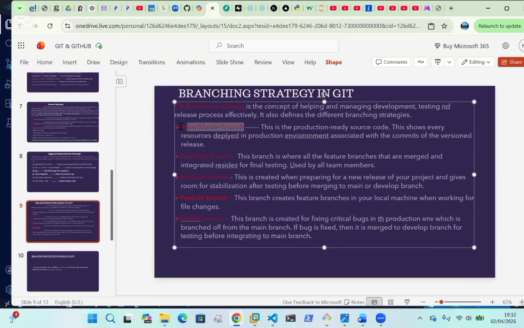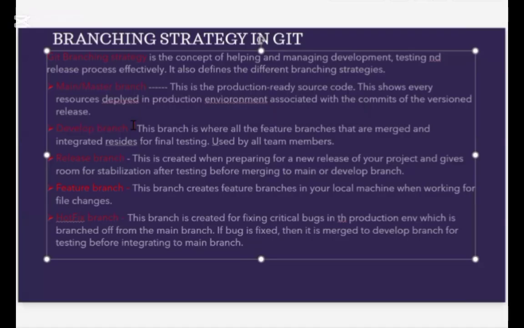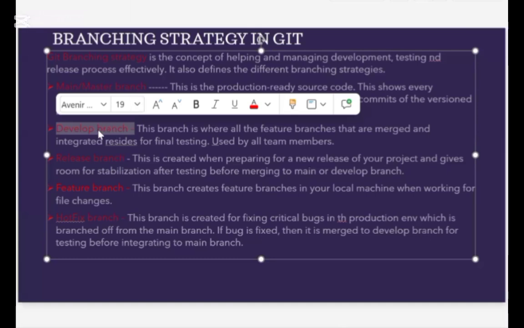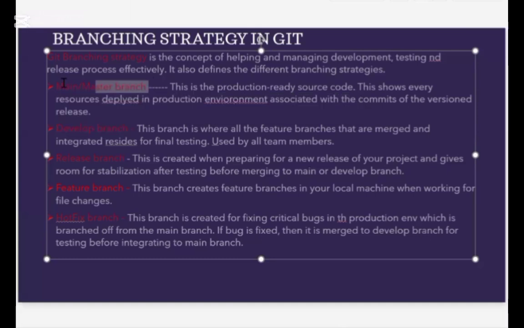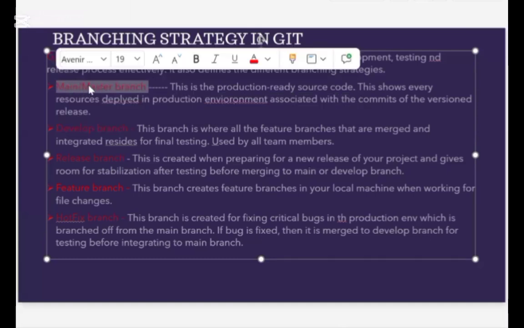So we have main branch or master branch. We will all discuss that in a minute. All these things are happening in GitHub. We have develop branch. Now, this is a very important concept. So whatever you push here is you from here merge to here. Here is the one you push to staging environment and production environment. This main and master branch. So you might ask, what is